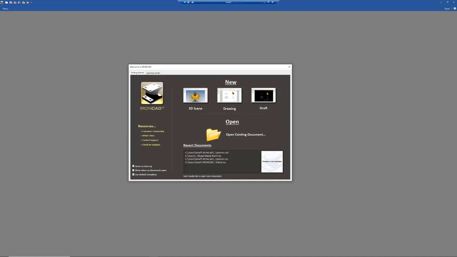IronCAD 2022 Product Update 1 has added a new function in the Welcome dialog that allows you to save recent documents as favorites that will appear at the top of the list. All you need to do is go to the Welcome screen on IronCAD, right-click a part in your Recent Documents